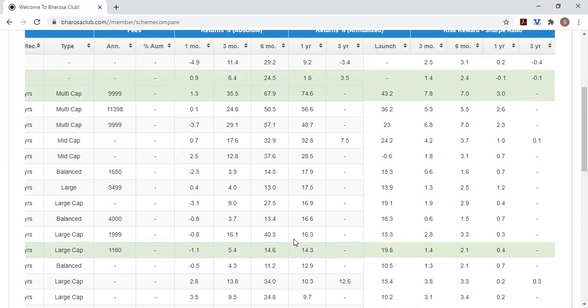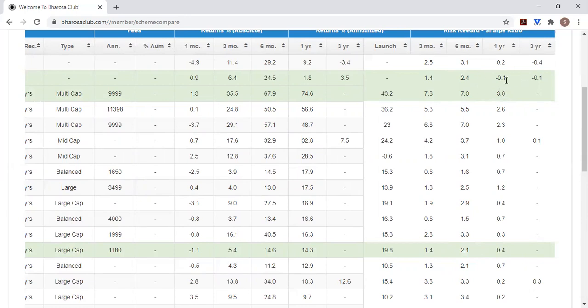So we're going to want to understand what is Bharosa Club saying about that in the blog, etc. Do we buy that strategy? Do we want to be more aggressive? Do we agree with their conservatism, etc.? So this will help you ask the right questions as you evaluate whether you want to stay in a smallcase or not. And similarly, if we look at the Sharpe ratios, it's performed relatively similar to the market in the last 3 months and 6 months. Over a 1 year period, it's performed better than the market in terms of Sharpe ratio.